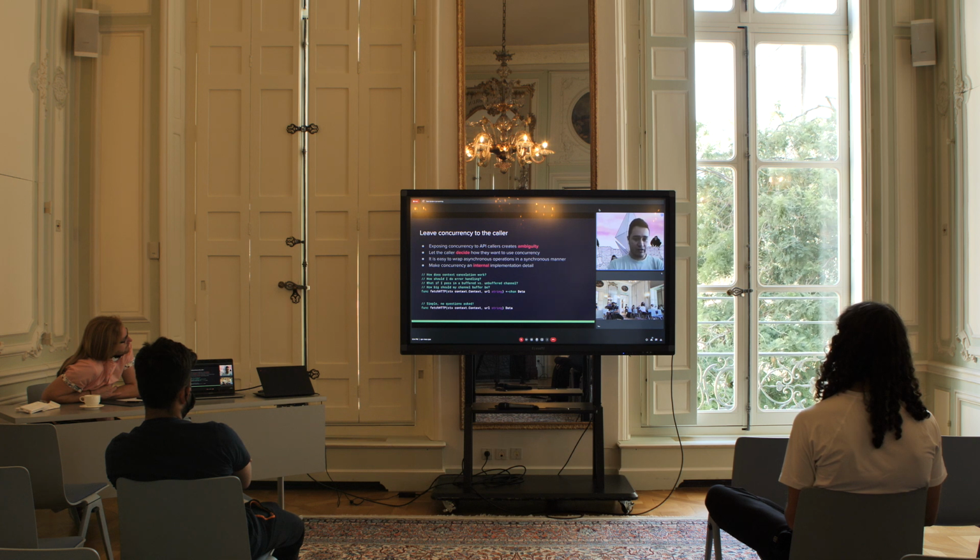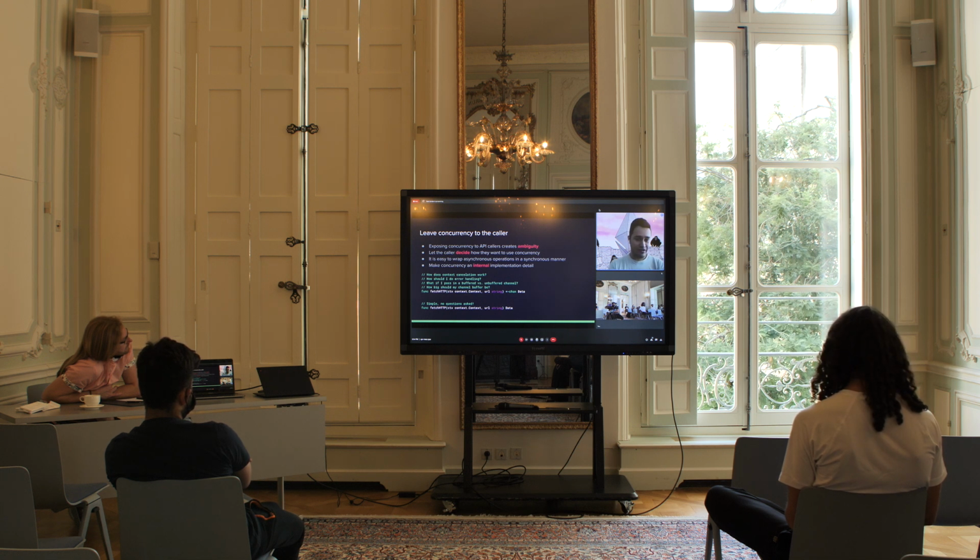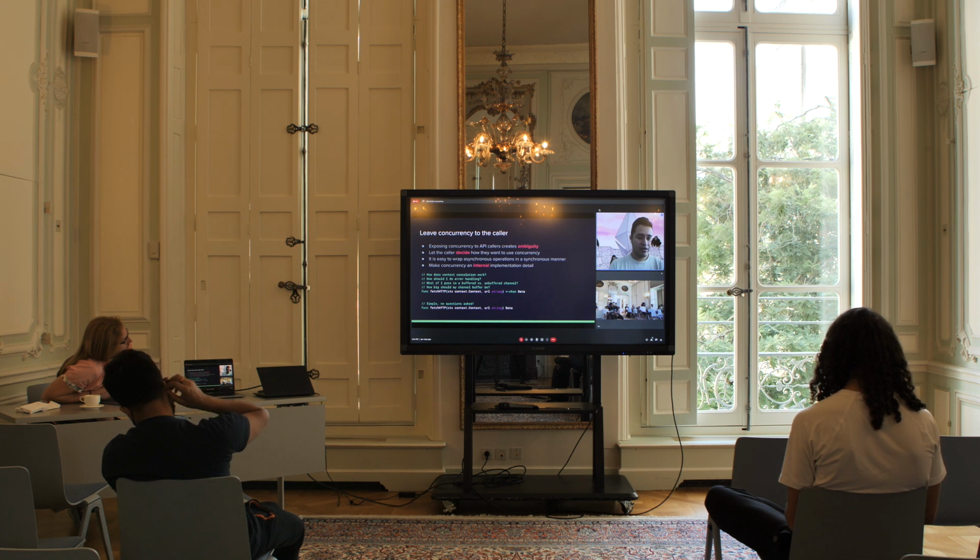One other mental model that I'd like to explain, and it's very important, and I see this a lot in new Go developers, is that you should leave concurrency to the caller, right? Exposing concurrency details to API callers creates ambiguity. And by API, I don't mean REST API. I mean any sort of programmatic API that you expose. It can be a public method of your library. You want to let the caller figure out how they want to use